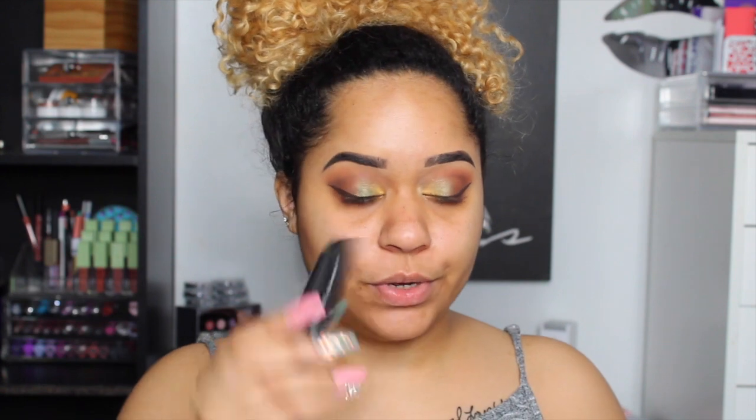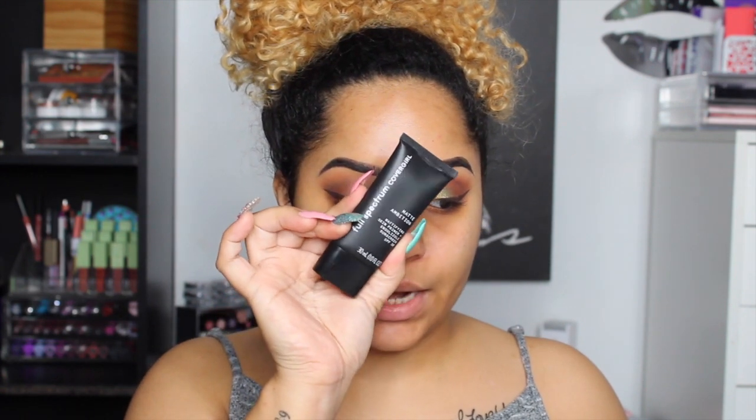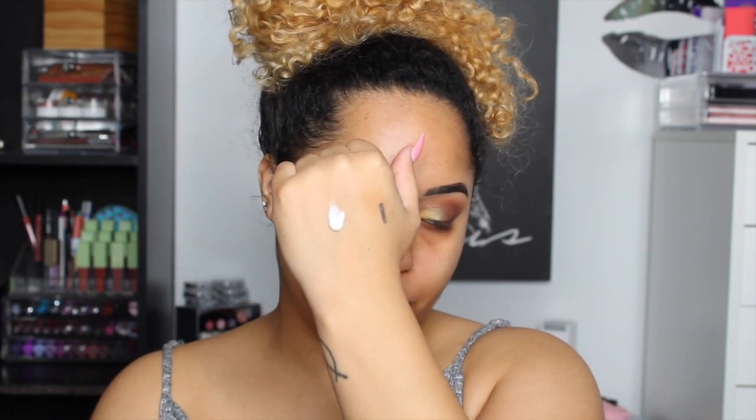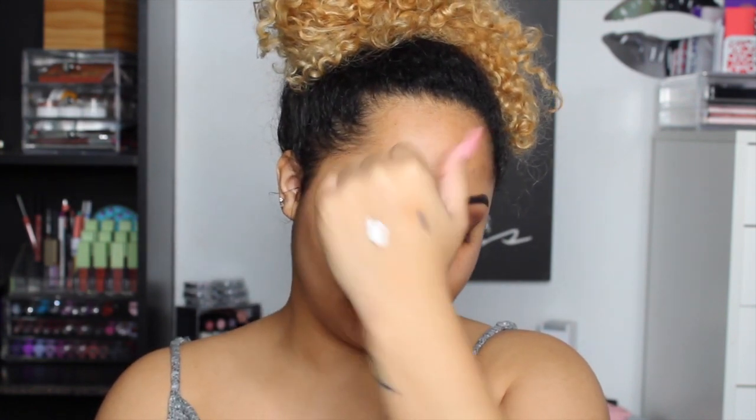Okay, so primer, we're going to use the Matte Ambition Matte Primer. Sunscreen SPF 20, which I don't like sunscreen in anything. Hate sunscreen, and yeah, it's very lotiony, very white, a little bit runny, but not too runny. So that's what that's looking like. And I don't want to get it on my hands for some reason, so I'm gonna take it on a sponge